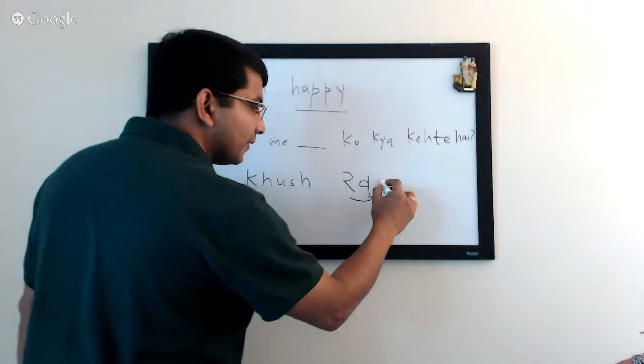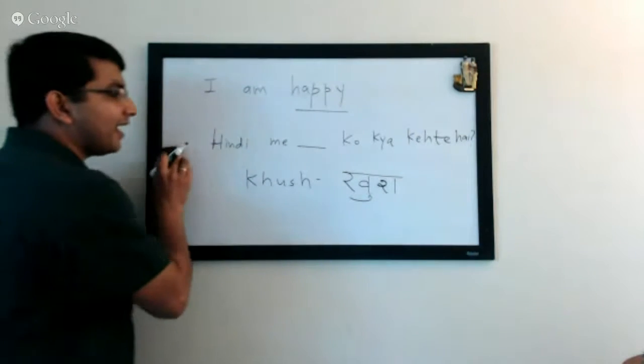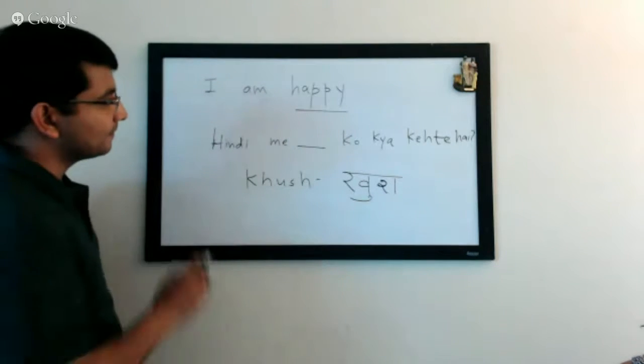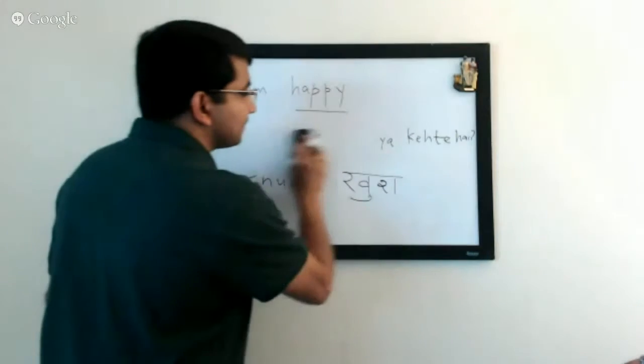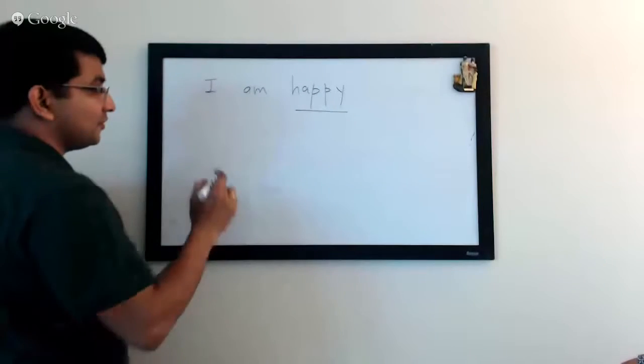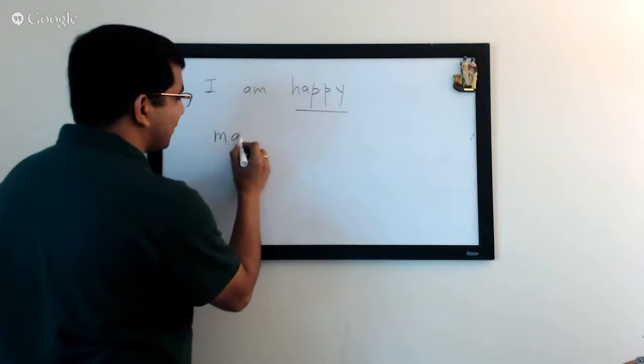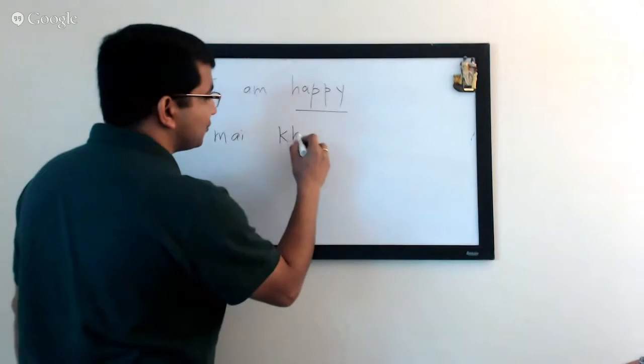खुश कहते हैं. Okay. Now, how will you say that I'm happy? So you could say मैं खुशी हूँ. मैं खुश हूँ. खुशी हूँ for a woman. मैं खुश. No. मैं खुश हूँ. Okay. So the way you say I'm happy is मैं खुश